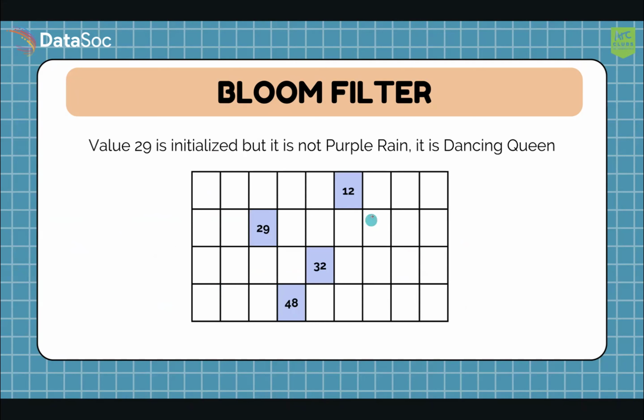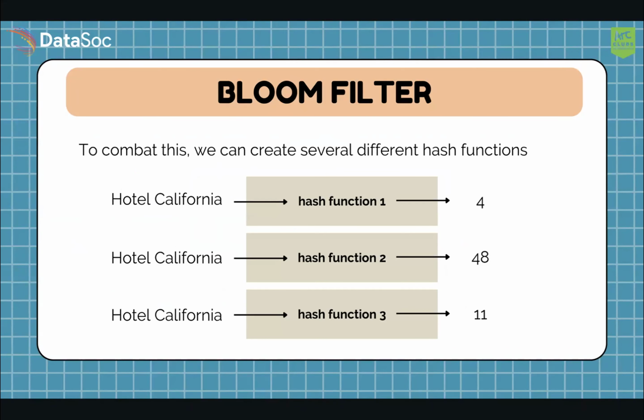So now when you ask it if Purple Rain is in your Bloom filter, it'll check 29, the bit is flipped to 1. So yes, it'll say it's there, but it's actually not there, right? So it's giving you a false positive, saying that something is present when it's not. So to solve this problem, what we can do is have